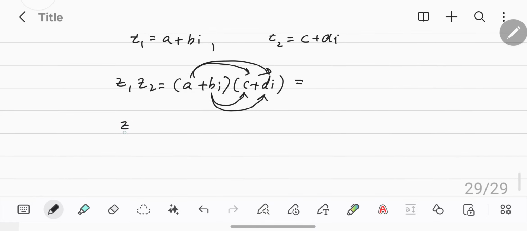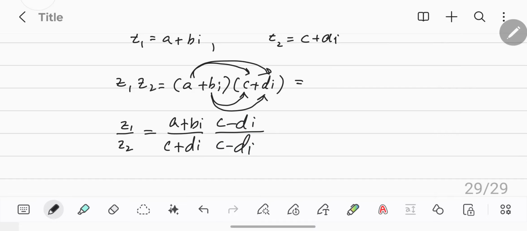Similarly, if you want to divide z1 by z2, if the modulus of z2 is not 0, then you will write a plus b iota over c plus d iota, and then you will rationalize this. In order to rationalize it, you will write its conjugate here. So its conjugate is c minus d iota. You will multiply and divide by the conjugate of the denominator,